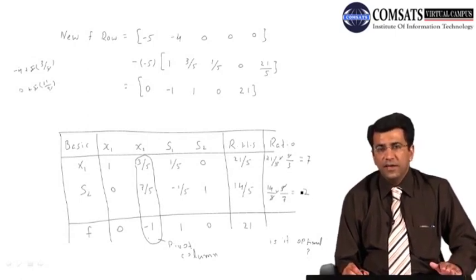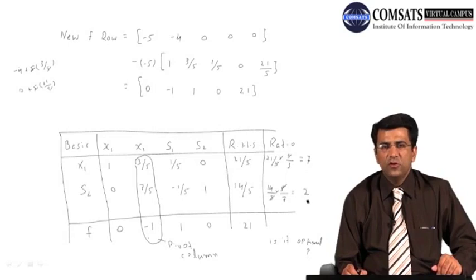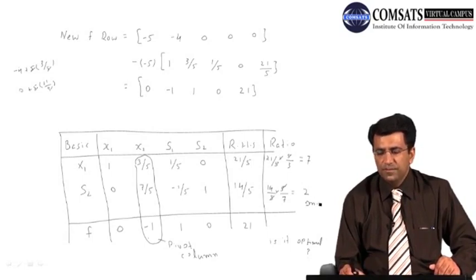So class, again we have computed the ratio values for this particular table. As the next step, we have to identify the pivot row. And what is the pivot row? We have to find the minimum value of the ratio values. Another point to be noted here, students, is that if we get any negative value or any infinite value in this ratio column, we will just ignore those values. We will only take into account the positive values. In this particular case, both values are positive, so we will take the minimum value. The minimum value is 2.